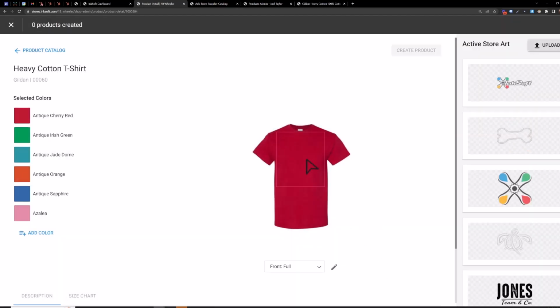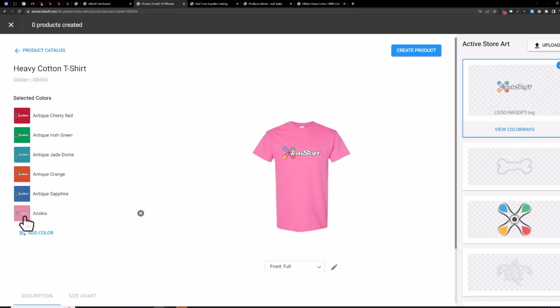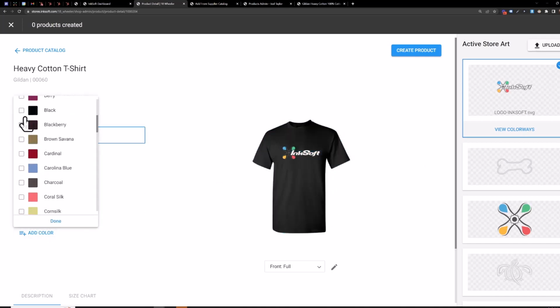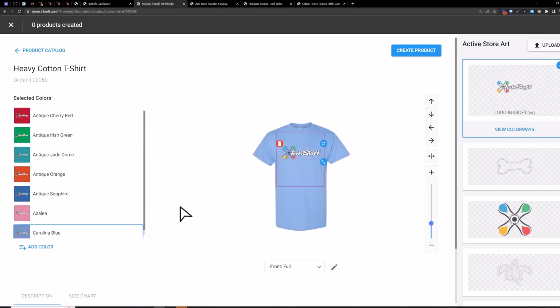Once it's uploaded, just click it and it pops on the product, and you can see how that artwork is going to look on each color here. So let's take a look, make sure everything is good. Let's find an example for colorways. Here we go, Carolina blue. So let's say we're not too happy with this blue splotch here and the blue shirt kind of blending in